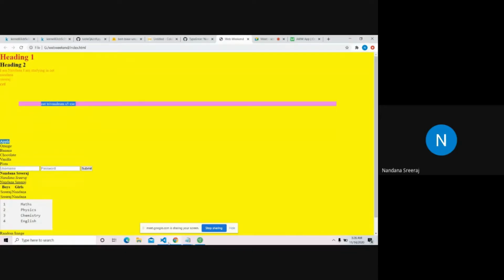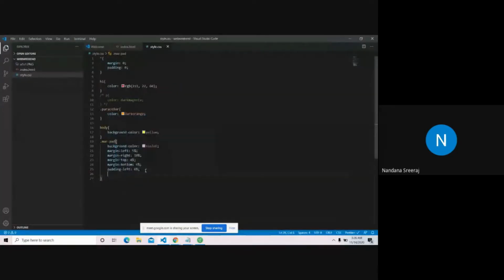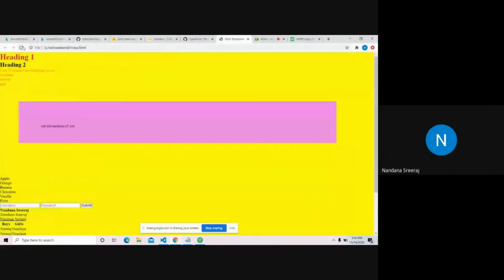And now I'll give padding top 6%, padding bottom 4%, padding right 3%. You can also give just padding if you are going to give the same values for left, right, bottom and top. So this is padding and margins, used to make your document look better.